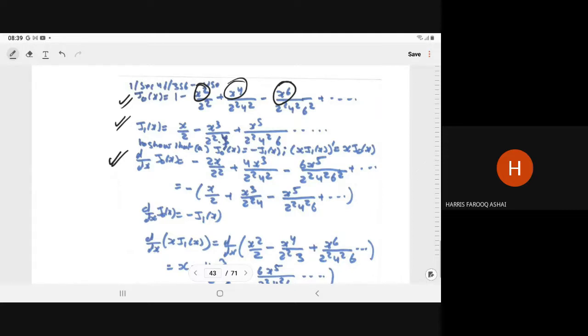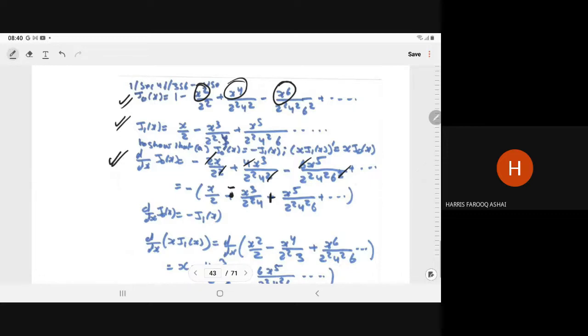So from all, if you take the minus common, here you will get x by 2, because here the 2 and 2 cancel out, 4 and 4 cancel out, 6 and 6 cancel out. So here you will get some mistake, I think this is the minus, this is your plus.